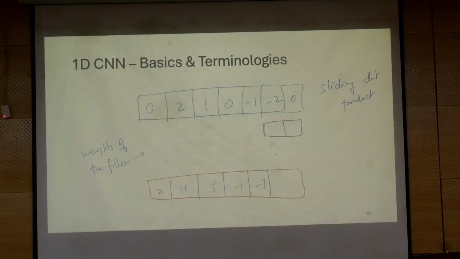So this operation of adding zeros, usually we will add 0 on either side, because we will start from the left end to the right end. This is called padding.